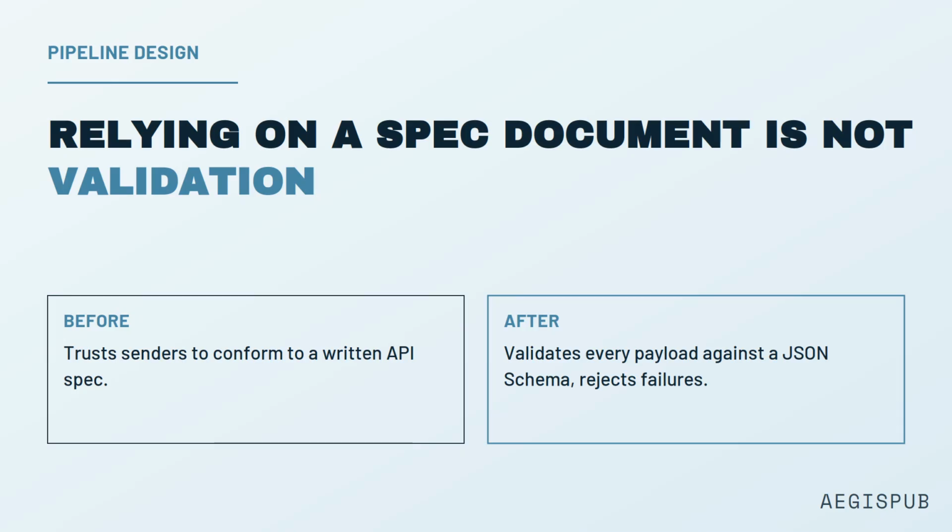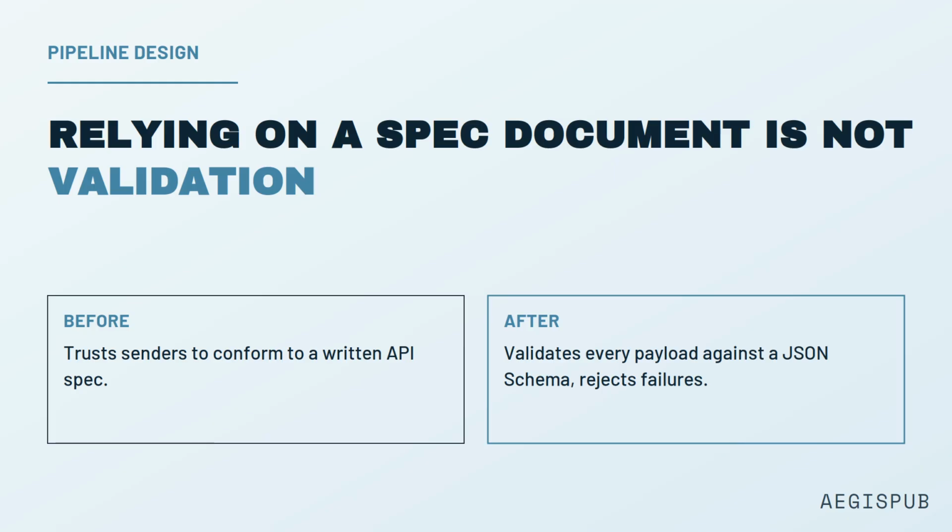The naive implementation validates input on the client side by providing an API specification document and relying on the sending application to conform to it. This works fine for the internal sensors, which were built by the same team and follow the spec correctly. It works less well for the third-party integrations, whose developers interpreted the spec differently, used null where the spec requires an empty string, omitted optional fields entirely, or occasionally sent arrays where the spec